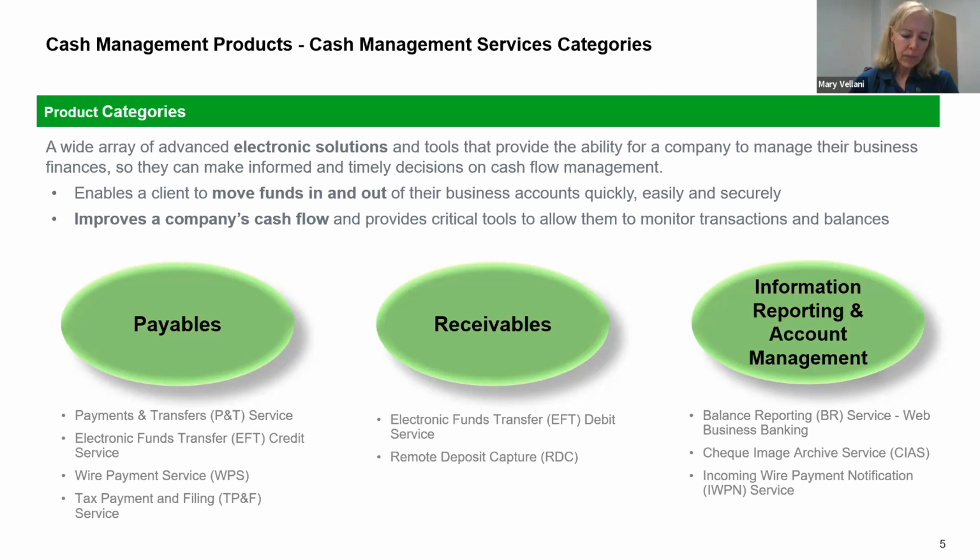Wire payment services. Wire payment services are usually for your larger amounts. They can be sent across the border, so they can go into the US, they can go internationally, and they can be for pretty much any dollar figure that's allowed by your particular restrictions that you've set up. So when you set up wire payment services with your financial institution, you'll be able to set it up so that you can only send a certain dollar figure. And usually you'll have dual authentication, which means you have to have two people involved in the transaction.